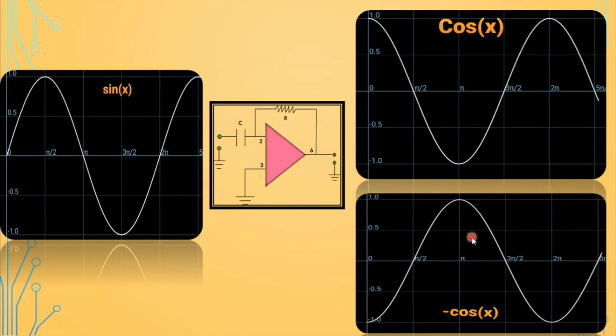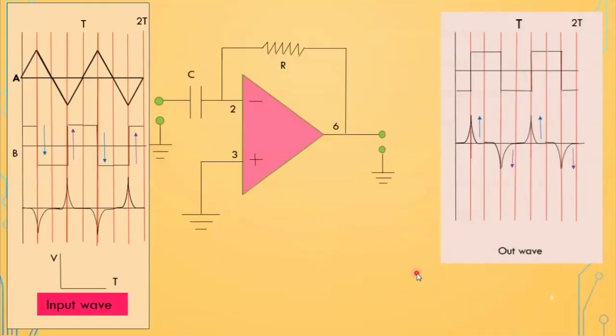Suppose in an examination you are asked a question, and you are given the sine wave, this option, and the remaining two options. So this is the correct one, not this. This is very important because of the minus sign that came in the equation. So here we want to discuss another use of the differentiator.